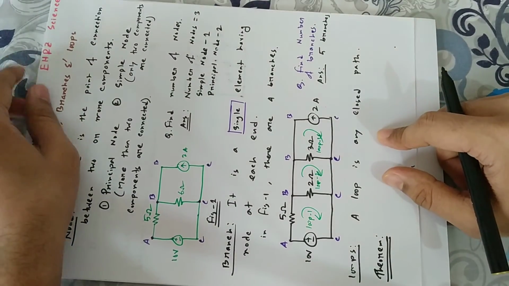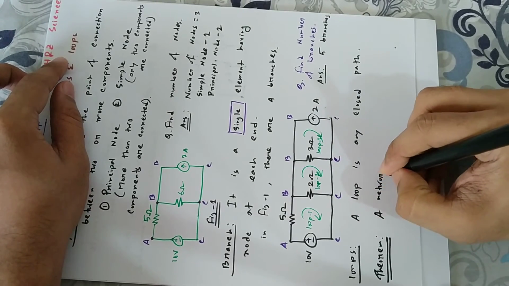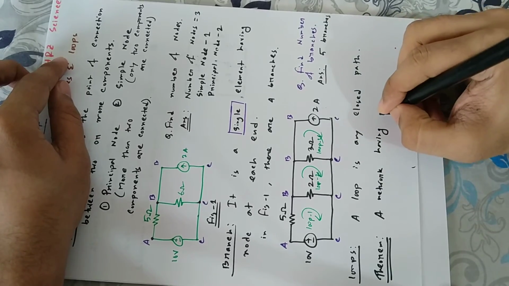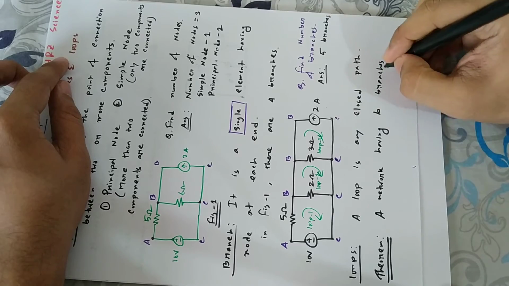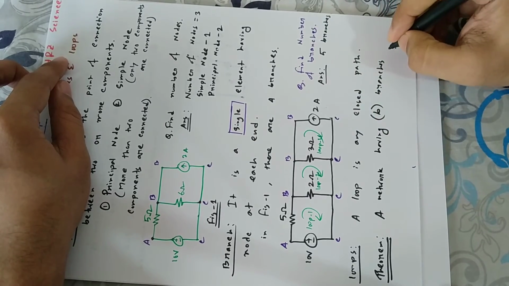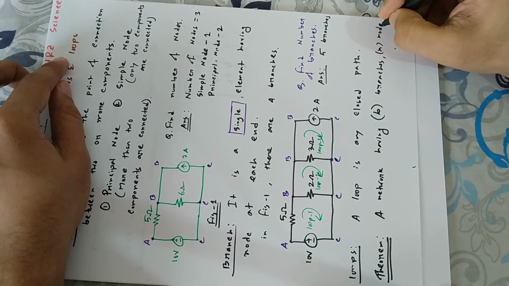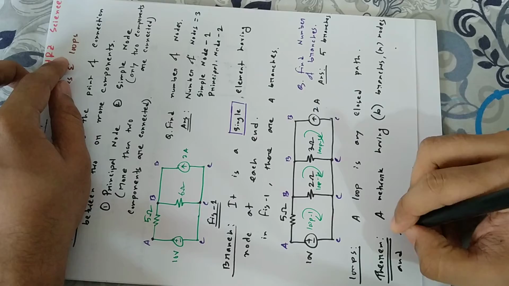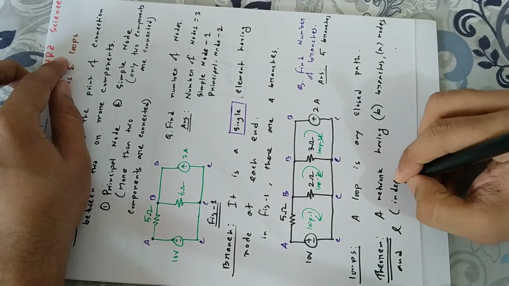The theorem is that a network having B branches, N nodes and L independent loops